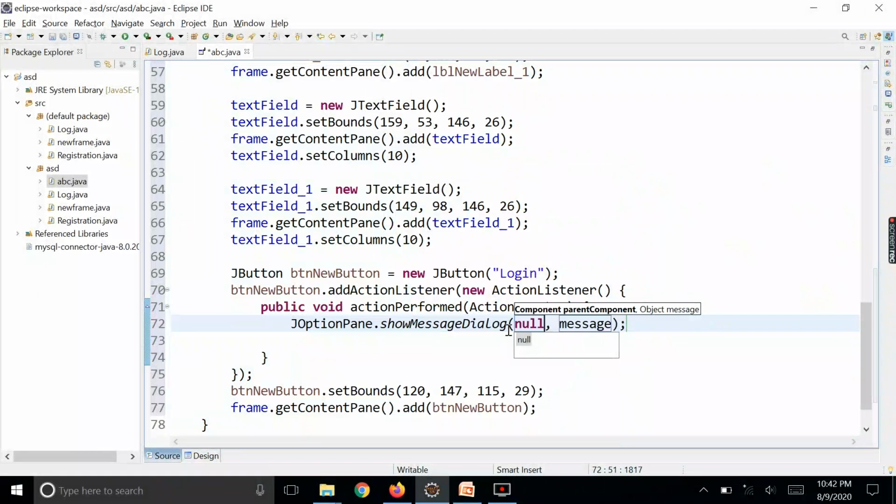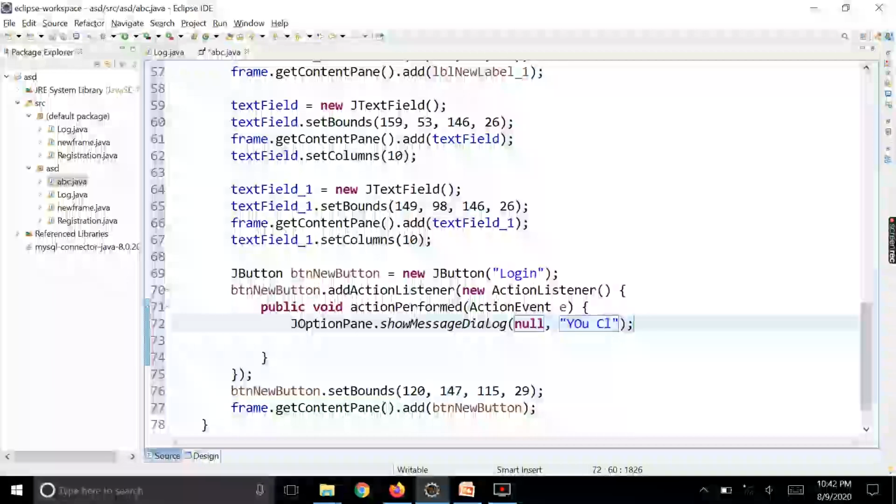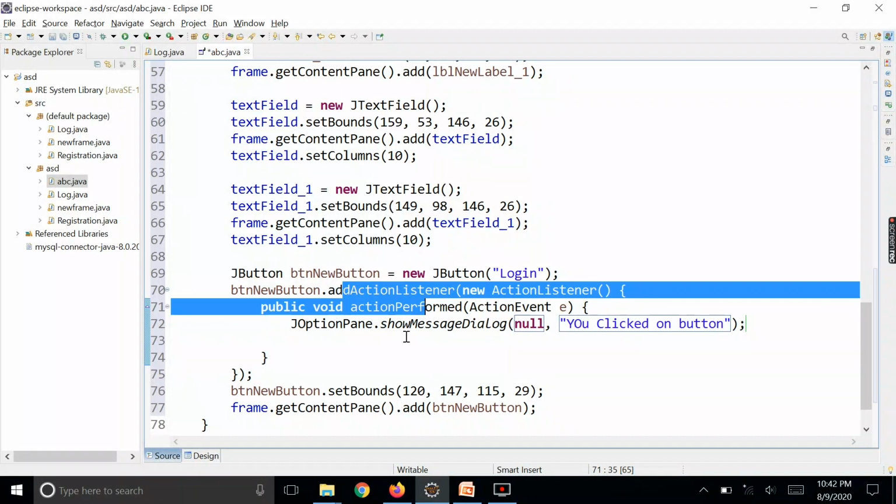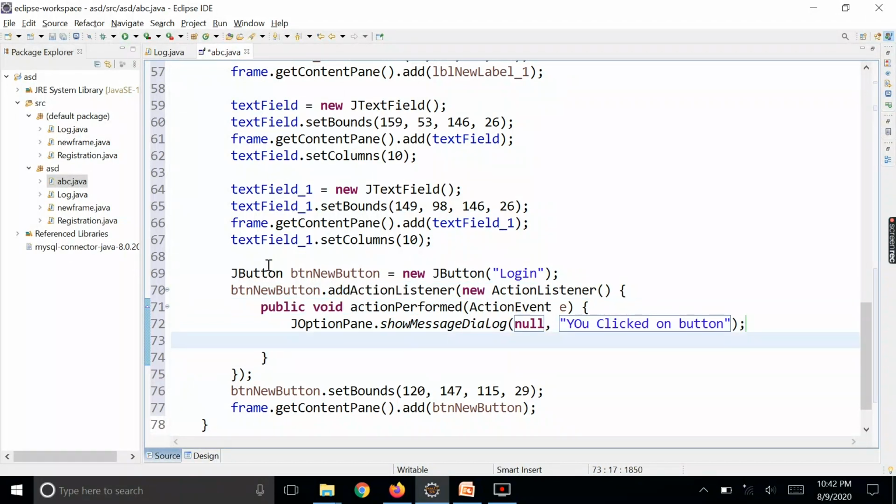I'll write parent component as null and the message to display. What I want to display is the message "You clicked on button" after clicking on the button. And how do you understand that you are clicking on the button?